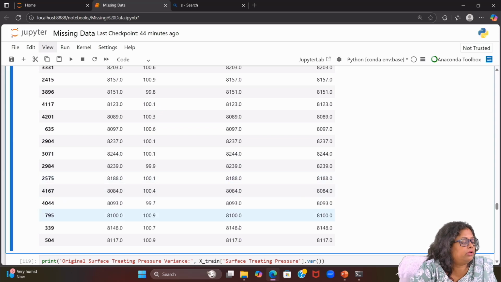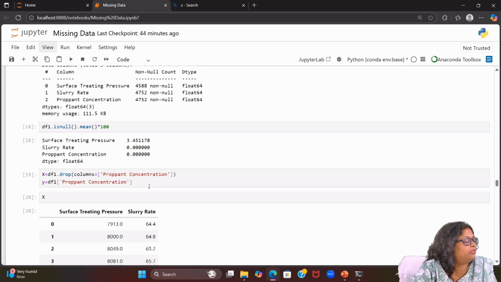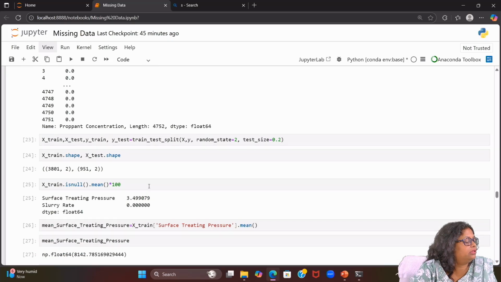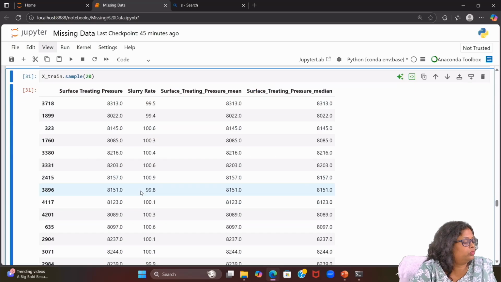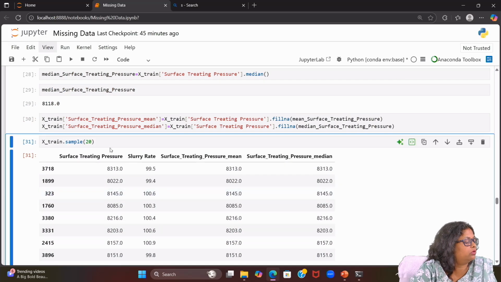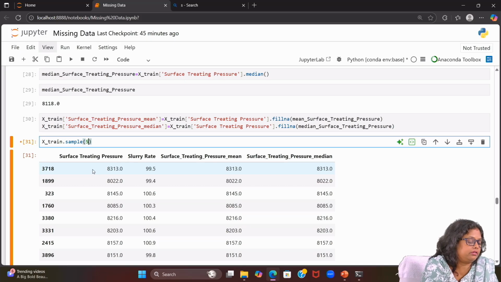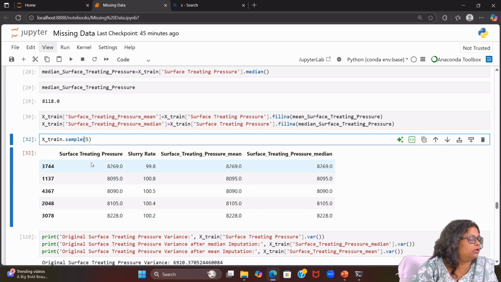Okay. Now you do have the two columns, and wherever there was a missing value it was replaced. So this is the one value we do have, okay, and one more value we had is the pressure which we had calculated. Let's see this one, okay. So mean value we do have 8142 and 8118, okay. So 8142, okay. Let's see where is the null value, okay. So let's run 5, okay.